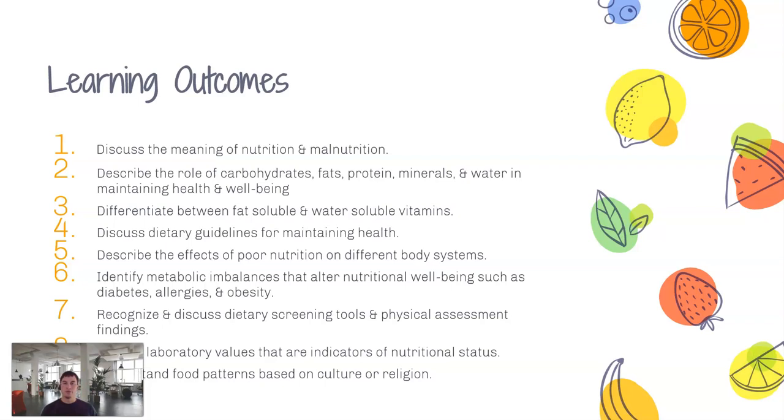Some of the learning outcomes that we're going to go over today, there's a total of 12 that we will cover by the end of this presentation. I'll give you a high-level overview, but of course you can go back and replay this recording if you'd like to write these down individually. We're going to discuss the meaning of both nutrition and malnutrition. We're going to go over the smaller structures such as carbohydrates, fats, proteins, minerals, and water, and how they impact living a healthy lifestyle. We'll talk about the nurse's impact via dietary screening tools and different physical assessments, as well as,